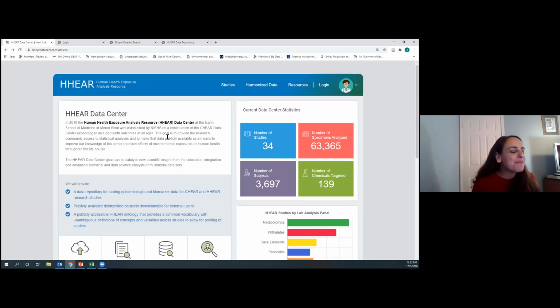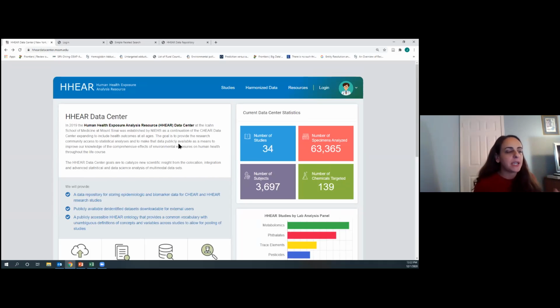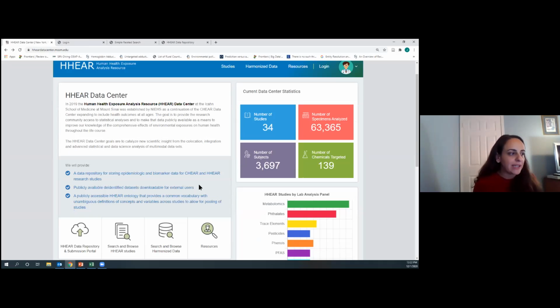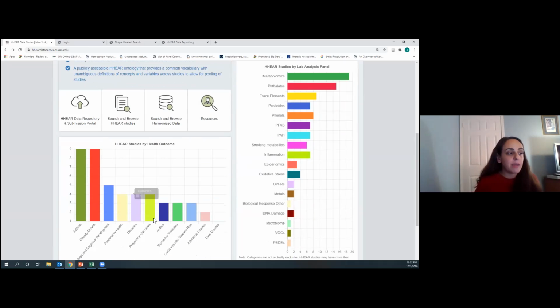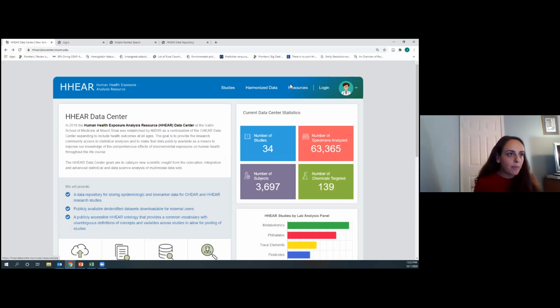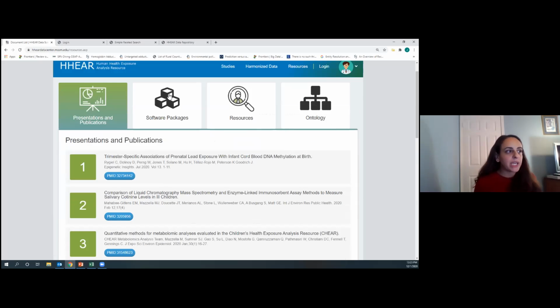Okay, so this website is really the go-to for getting some initial information about the studies. So this is just the landing page. You can see here we have our current statistics about the number of studies, how many specimens have been analyzed, the types of lab panels that have been run, as well as the types of health outcomes that have been studied. There are also, really briefly, resources that are available, presentations and publications, software packages, a description and link to